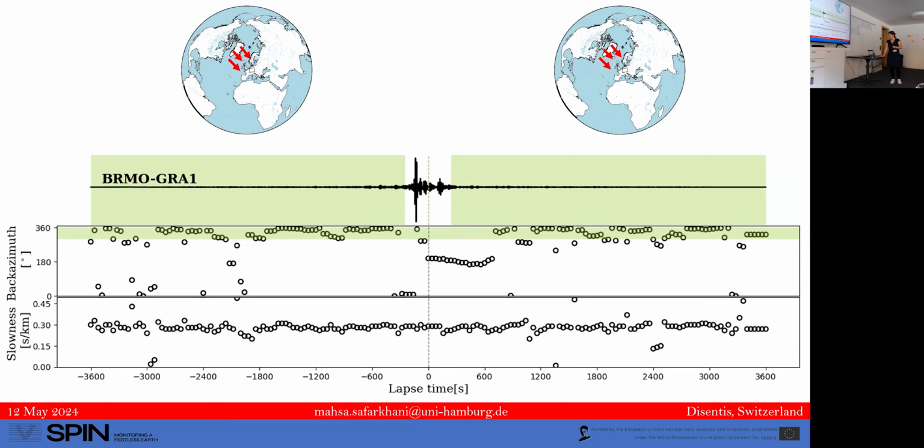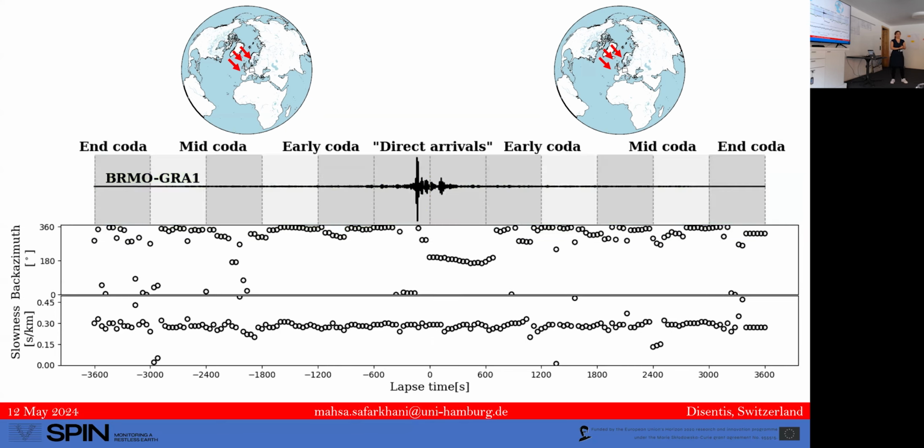So for a more accurate process, we apply a 10-minute windowing function first for each wave type in the correlation wave fields. We label them based on the wave type: direct arrivals for the ballistic waves, and then the later part just labeled by position as early, mid and end coda. Then we use the beamforming method in each window individually. And then we show the average of all the beam power we retrieved in the grid search of slowness and back azimuth, not just the maximum value.